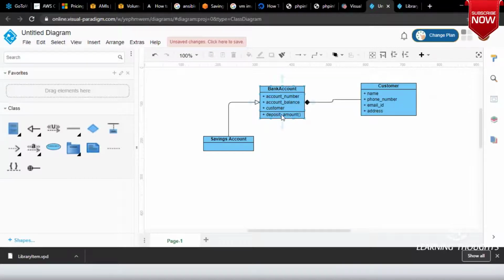Every bank account also might have withdraw amount, but withdraw amount I don't want to draw it over here because some banks might not allow you to basically do it. Okay, right. Now savings account will definitely have a withdraw operation, right? So I'm adding withdraw underscore amount. I'm just writing basic stuff. So you can basically try to add more information to it.